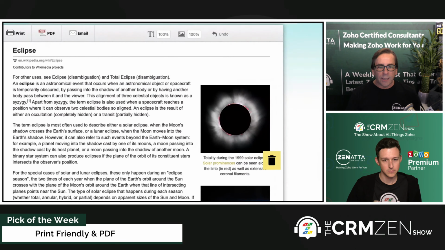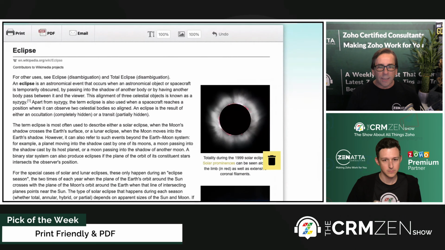But you'll notice as I hover here, you have the ability to delete sections, words from this article. So if you're going through and you say, "Oh, I really don't want this formula field here," if you're watching us on YouTube, you just delete it. That's going to be gone from whatever you're going to print out. So you can clean everything up. But it does, again, if you're watching us on YouTube, wow, I mean, a great job of cleaning this up, getting rid of all the sidebars, getting rid of all those kind of things. And again, just easily allowing you to clean things up if that's what you wanted to do.